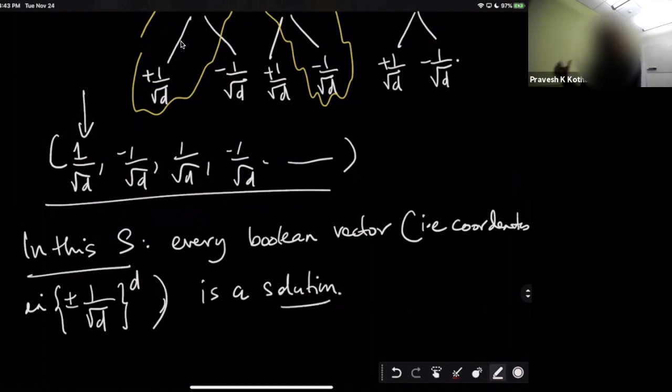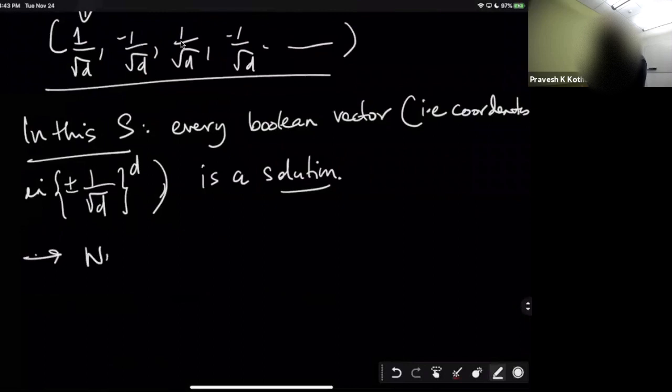And so, if all I know is that the list contains k solutions with potential associated soluble sets, then I can't quite guarantee that my vector, which is all 1 over square root d's, is going to be contained in it, as long as I don't have a list of size at least 2 to the d. Because I can construct lists that do not contain plus 1 over root d for all coordinates. I can construct a list of size 2 to the d minus 1 which does not contain my vector. So we need k at least 2 to the d.